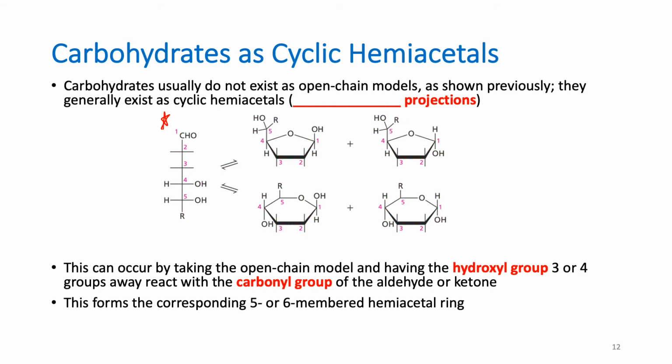Because if you recall, whenever we're making hemiacetals, they tend to stay in the ring form if you can form a 5 or 6 membered hemiacetal ring. And that's what we're going to be showing here. So when this molecule cyclizes, it can use this alcohol and attack that aldehyde. Let me show this aldehyde for what it really looks like.